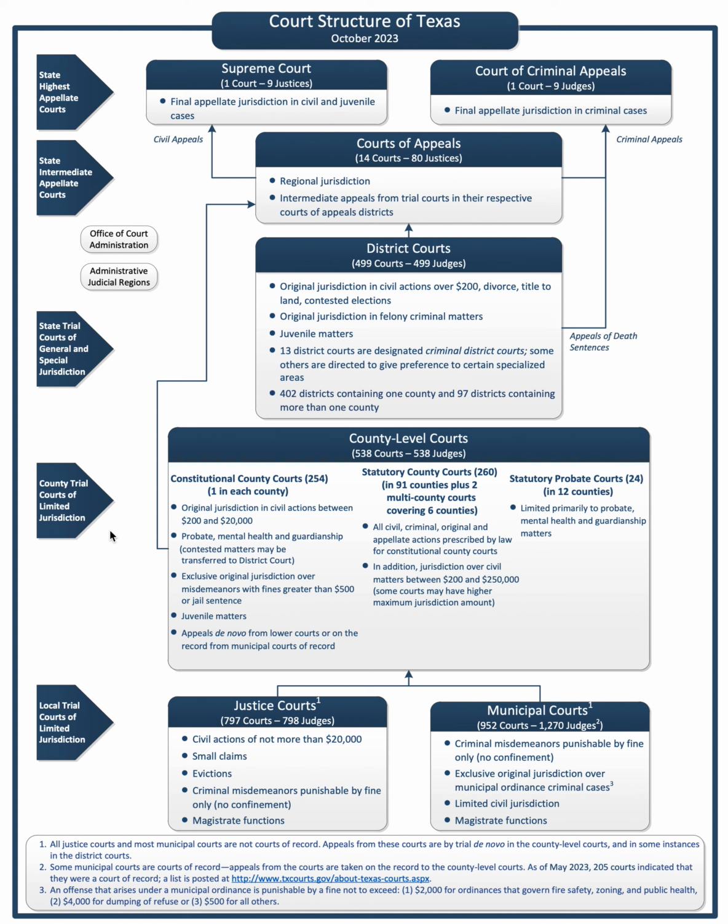It's a lot of stuff happening at the minor level, which are handled by these courts, and you can see the sheer numbers of them listed on our graphic. If we go up into the courts of general jurisdiction, which we'll cover in the next video, in Texas we call those district courts. There are 499 of them. There are more county courts, which are a type of court of limited jurisdiction. Even more justice courts. You've heard of the justice of the peace. And even more municipal courts or city courts. So this is where the vast majority of litigation is happening.